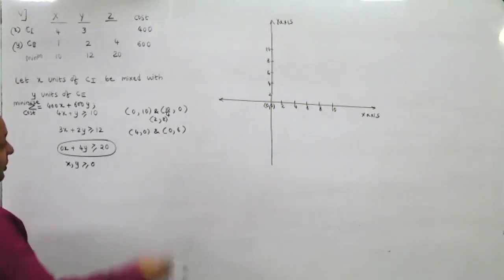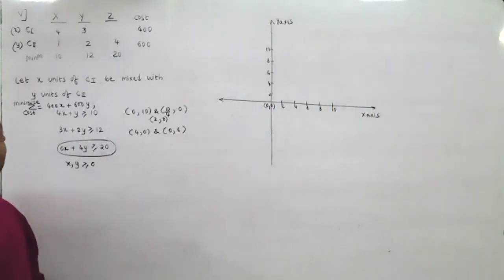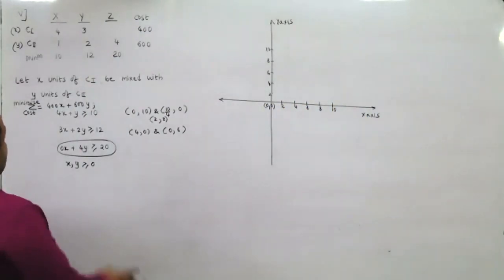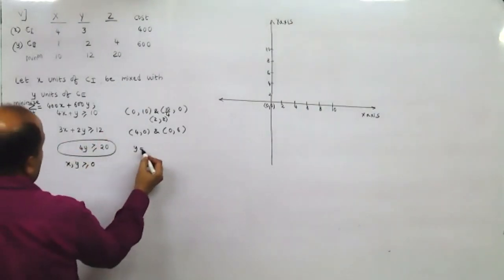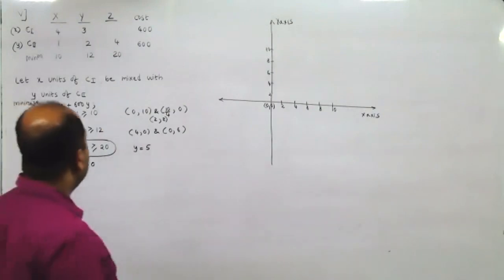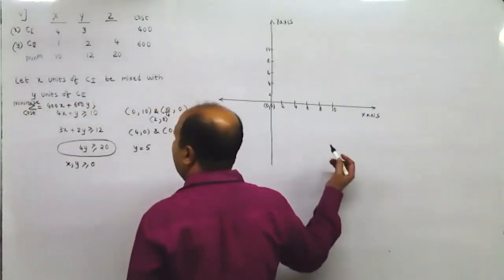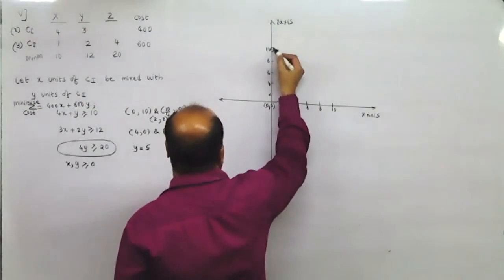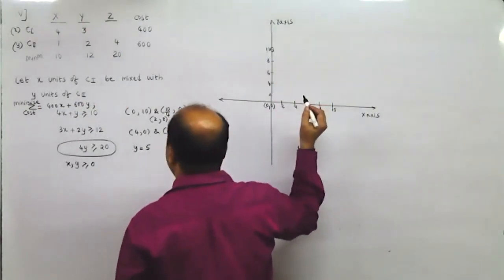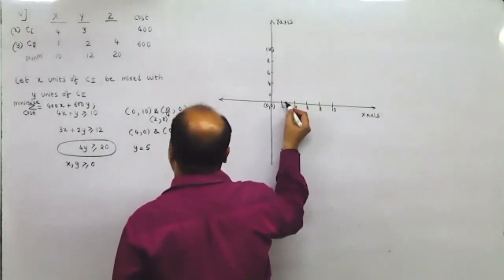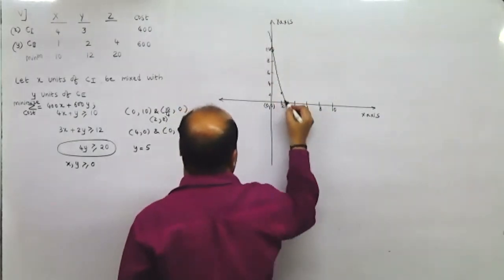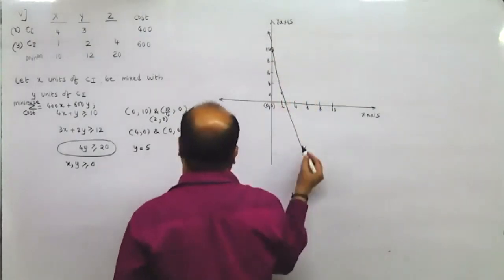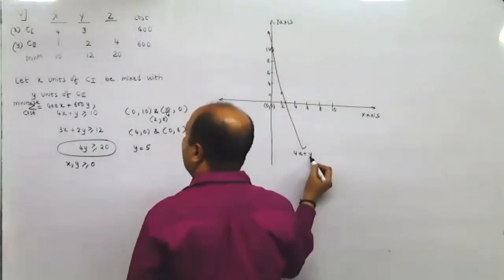No, 4y equal to 20 will come, then that would be y equal to 5. I doubt that can be the case. So that would be y equal to 5. Let us see. Now here, this would be 0, comma 10. This would be 10 by 4, that means 2.5. Rather, I'll take 2, comma 2 over here, and then we'll draw a line here. This is one line. This is 4x plus y equal to 10.